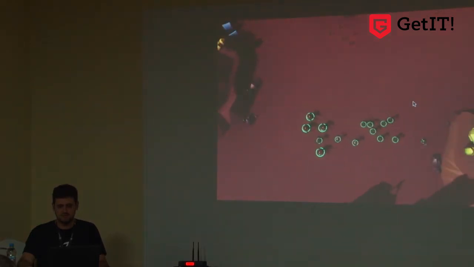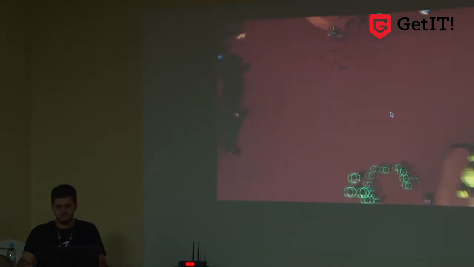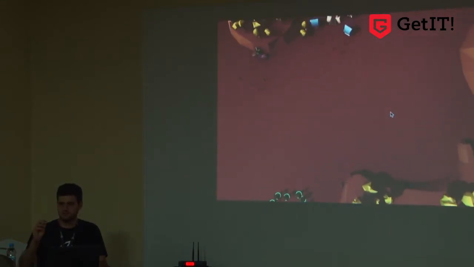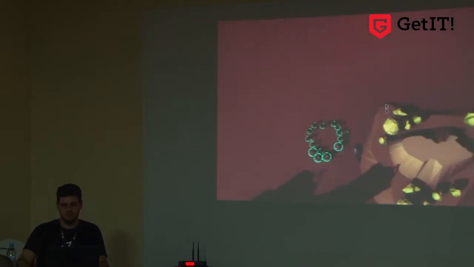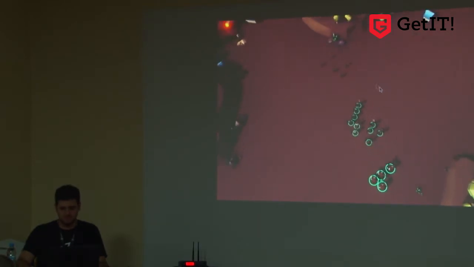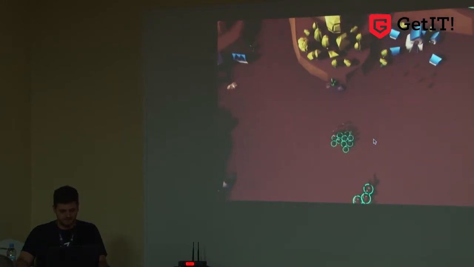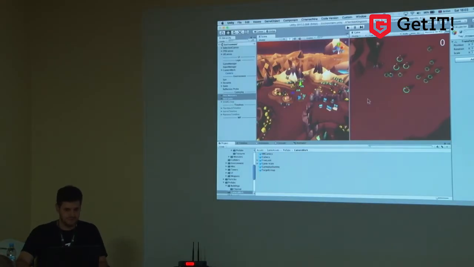But I still want control of the camera, because maybe I want to go to the base, it's classic RTS stuff. So this is not a normal scenario where you just point the camera to a character and the camera just follows, because I also don't know how many units I will have, right? So yeah, this is the game. I want to attack these units, and the units do their own thing. They have their own AI. So if I go back to Unity,